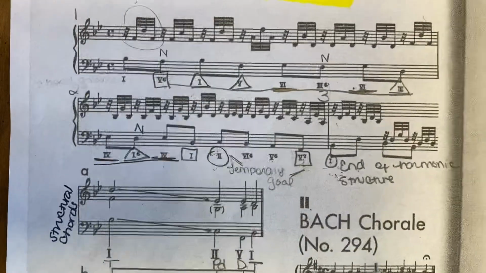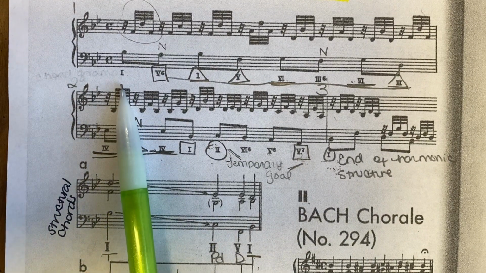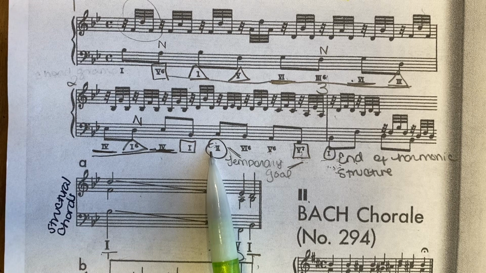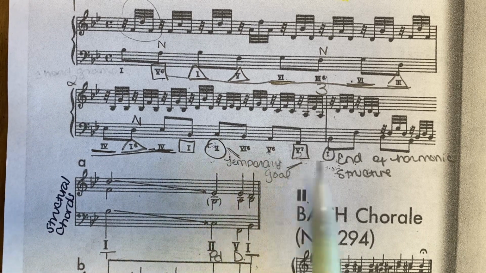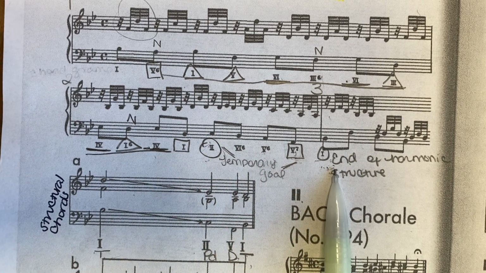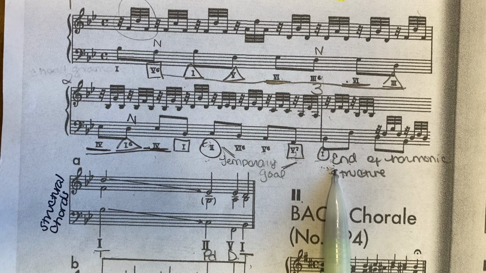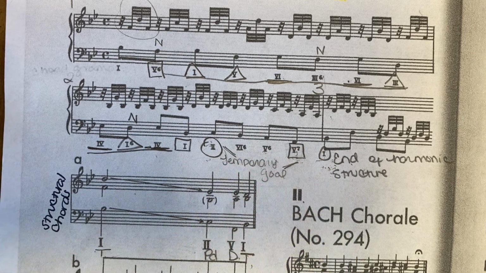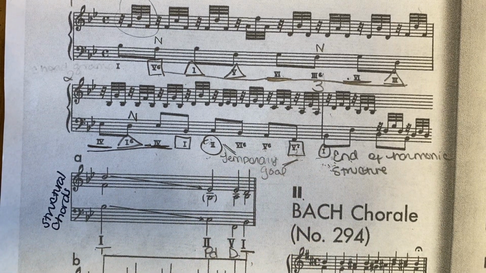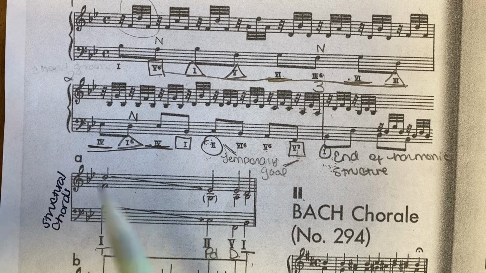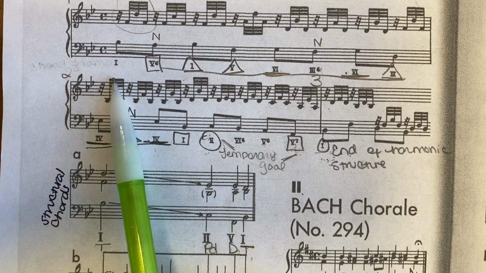So if we look back up here, we see 1, 2, 5/7, and 1 on a downbeat of 3. Now, this is also considered to be a harmonic progression. The prolonging chords are those that are not part of the structural chords. In this example, all of the chords between the first tonic, which is here on the downbeat of 1, measure 1,